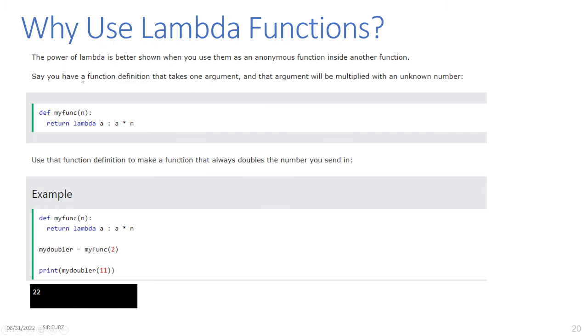So let's say, for example, define my function n, return lambda a times n, where a is the argument. So it returns a times n. So use that function definition to make a function that always doubles the number you send. So define my function n returns lambda a times n. So if we have my doubler equals my function 2,